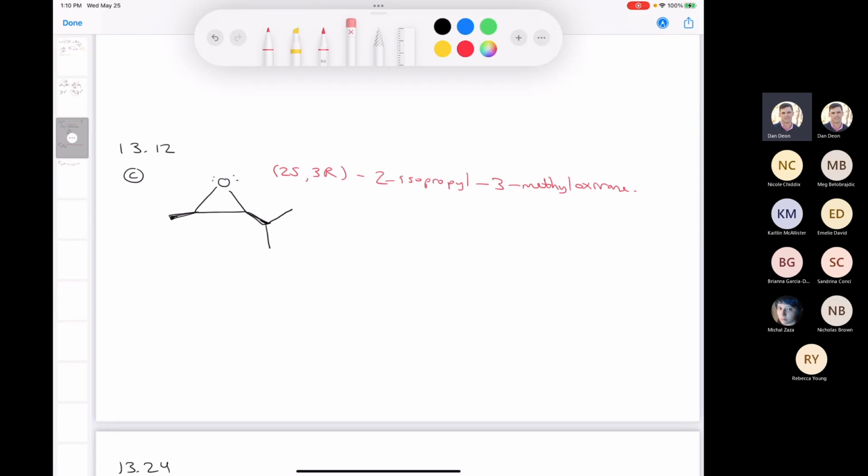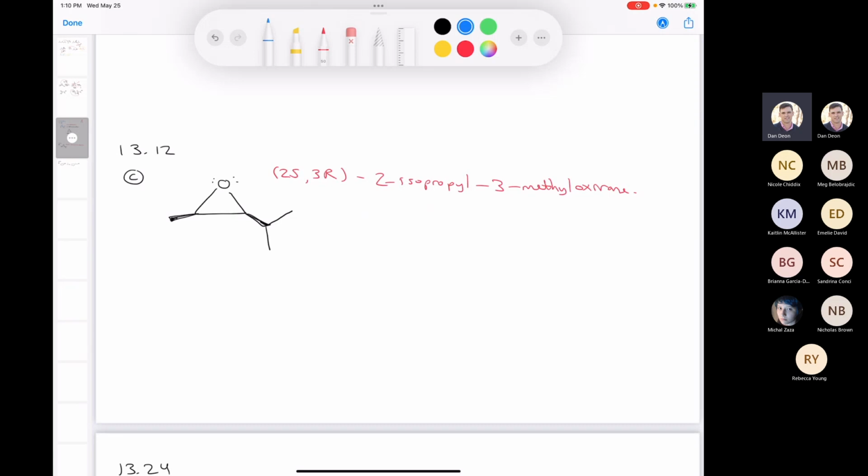Now let's name it as an epoxy compound or as an epoxide. So the first thing we do is we find the longest carbon chain that contains the epoxide. So that's this chain here. We want to give the epoxide the lowest possible numbers for the locants. So 1, 2, 3, 4, 5. So that means we've got a 2,3 epoxy